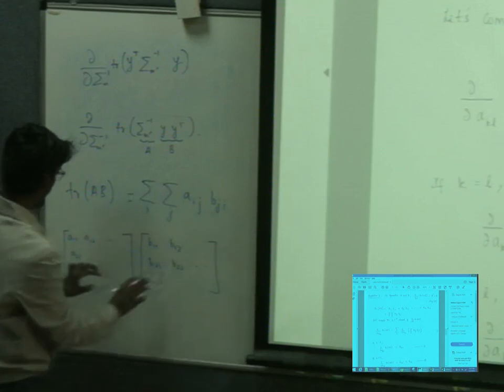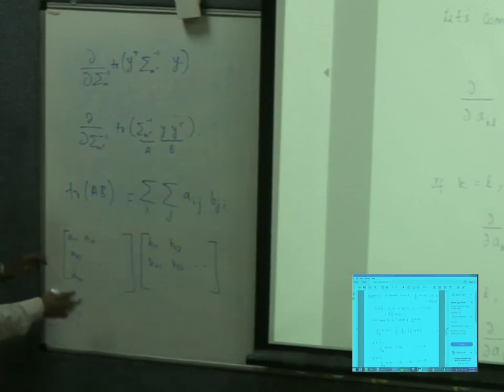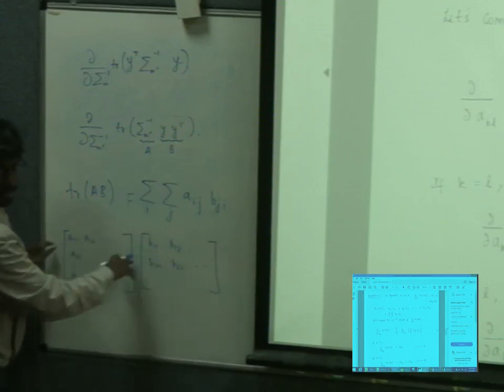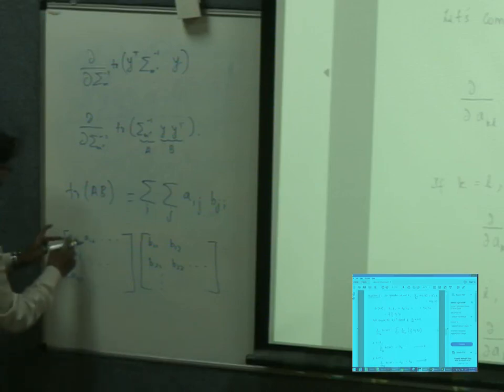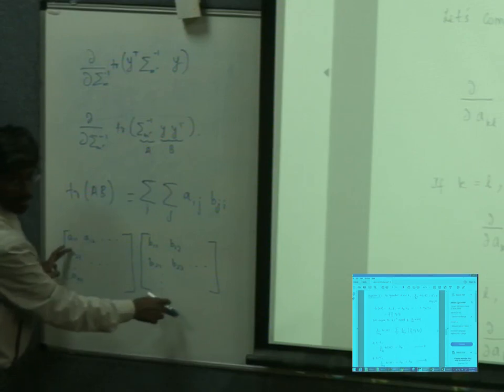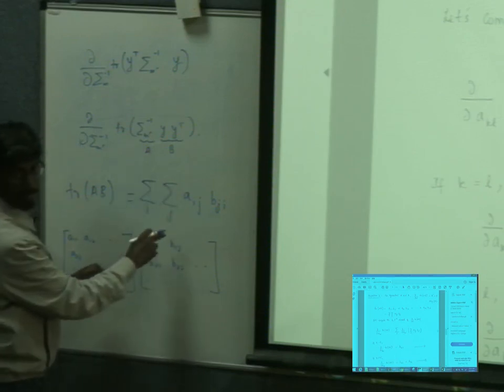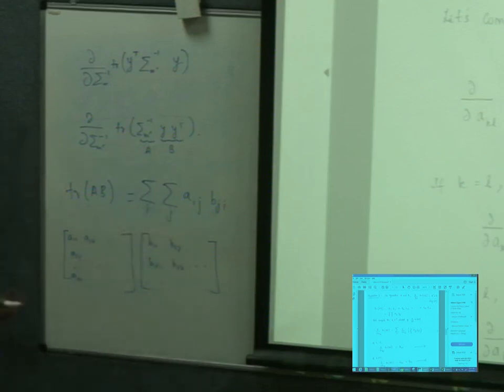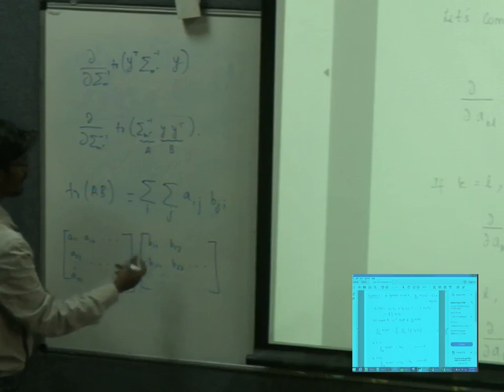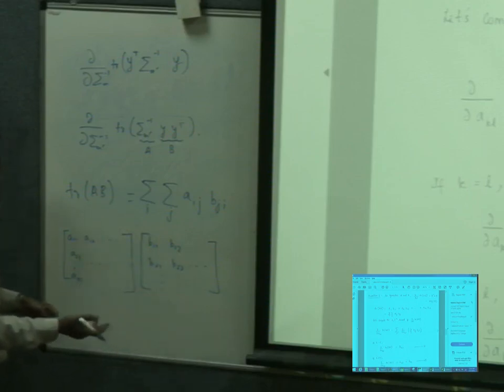And you are not interested in finding all the elements of this product matrix. You are interested only in the diagonals. So after this you can skip and go to the second row, second column. That is nothing but the second entry of this sum. So this is how you should interpret it. If you have studied the Celano course, these kind of things will often come, so you can interpret it easily.